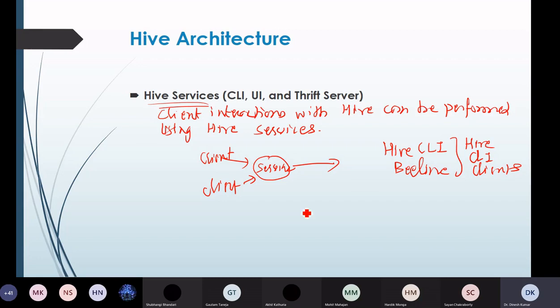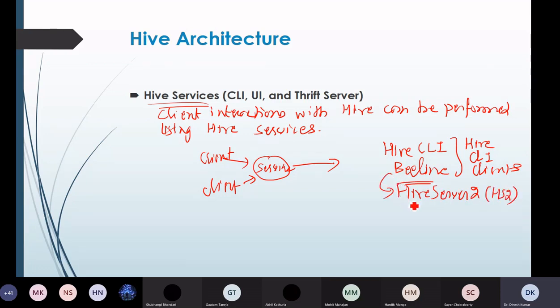Beeline is another CLI client through which we can give commands so that the client can interact with the Hive services, but it is supported by Hive Server 2, which is called HS2.